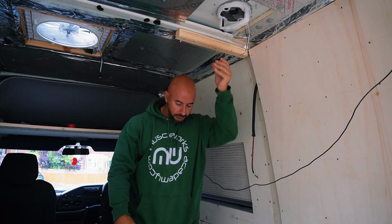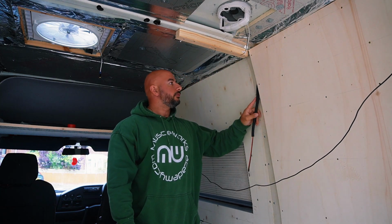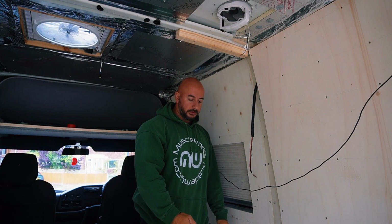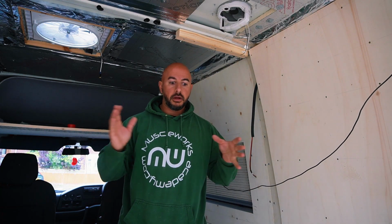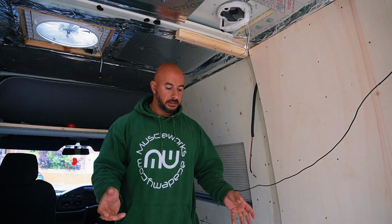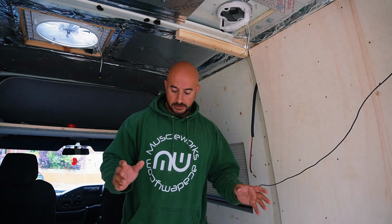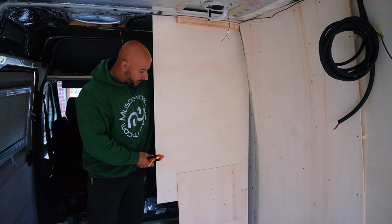Right, we've got 2 battens in. Now I just need to think about how we're going to shape this wall, because we need to scribe this side and this onto one of those nice big green pieces of wood, which I only have 8 of to do the whole van, so I can't really afford to waste any. And considering this shower is going to take 1, 2, 3, 4 probably just to do the shower, definitely can't afford to waste any. I'm going to make a template for